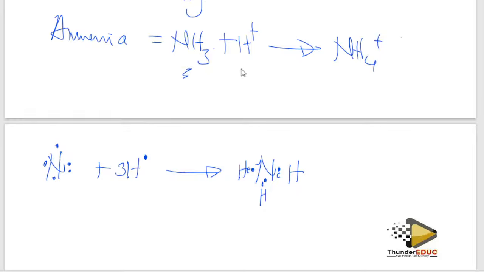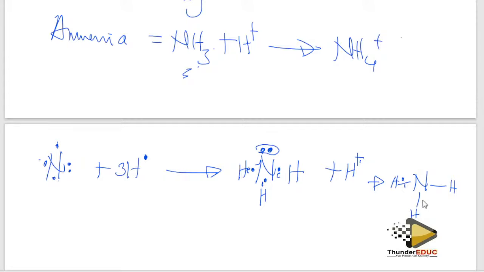But now, to form a dative bonding, I repeat, dative bonding, I'm going to add this with this. Remember, I've used 1, 2, 3, so I'm remaining with these 2 as a lone pair. When I add a hydrogen, this hydrogen has no electron. It's positively charged. So the electrons used in the bonding are going to come from one atom, which is nitrogen. Hence, I'm going to form nitrogen, with hydrogen down, hydrogen that side, hydrogen that side.